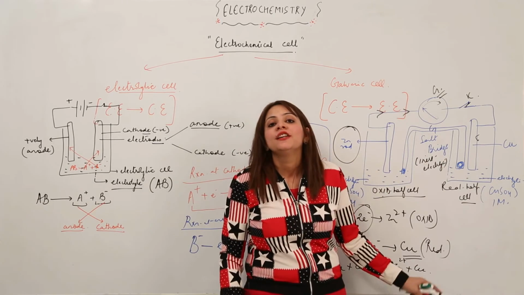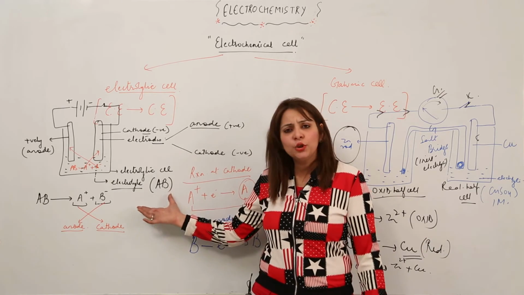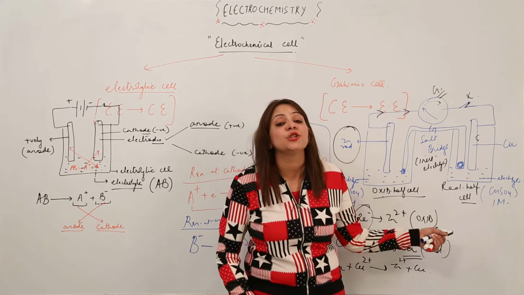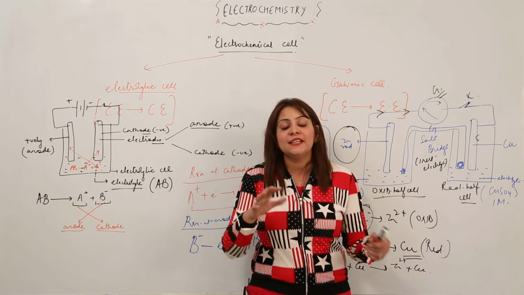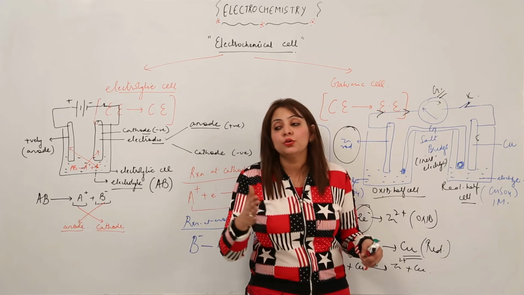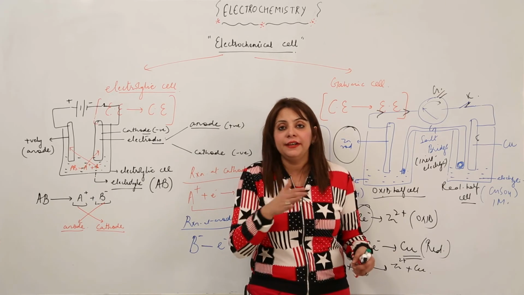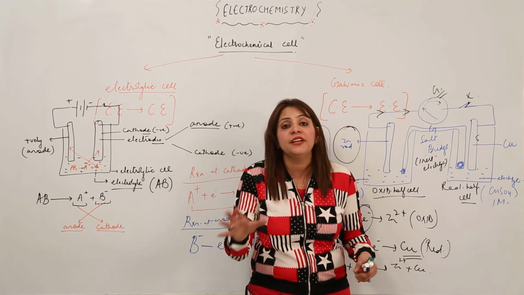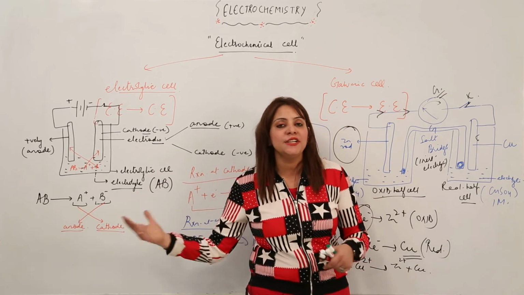But when these reactions occur, they lead to the production of electric energy, right? And these reactions go almost to completion, but these reactions do not undergo completion. They go on working, because one is getting oxidized at the same time as the other is getting reduced. So these reactions do not go to complete completion. They just go on occurring, the reaction won't stop here, right? So these are actually the electrolytic cell and the